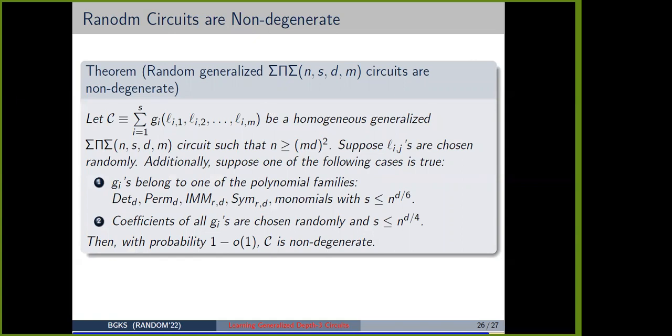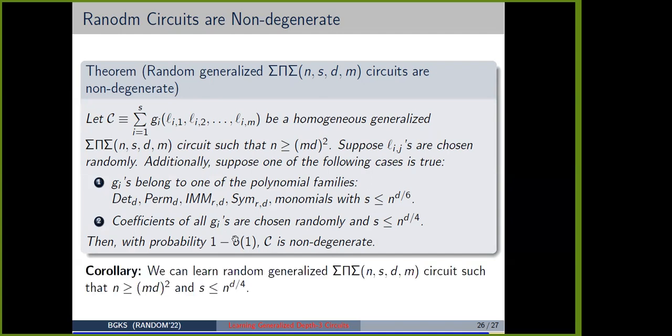We show that if you have a generalized depth circuit under this constraint, and if you choose Li's randomly, and your Gi's come from these polynomial families, determinant, permanent, iterated matrix multiplication, and symmetric polynomials, then your circuit is non-degenerate. Or if you choose your coefficients of Gi's randomly, even then your circuit will be non-degenerate with high probability. And a direct corollary of this and our algorithm is that we can learn random generalized circuits